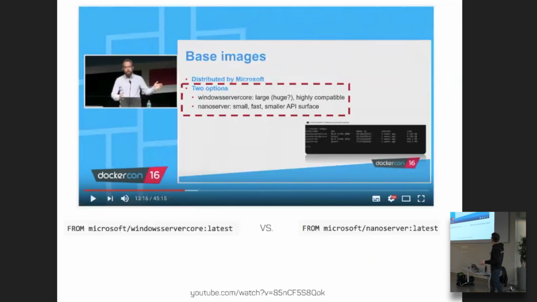Yeah, and they have these two base images. There's the Windows Server Core with 10 gigabytes. So, you know, Core. And there's the Nano Server. Just use this thing because it has 600 megabytes. It's really pretty much smaller. The only promise of this Core thing is that if you have a real hardcore legacy app, we had that in the project, then it should run on this Core thing because there's everything in it.